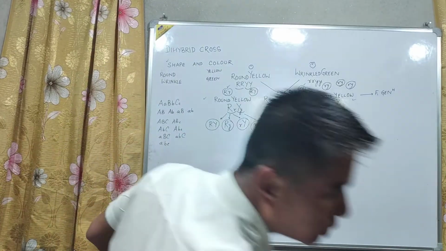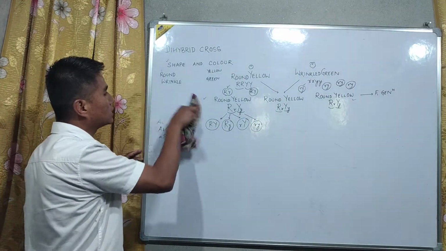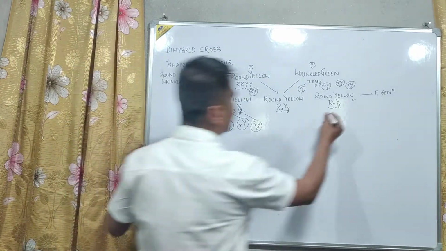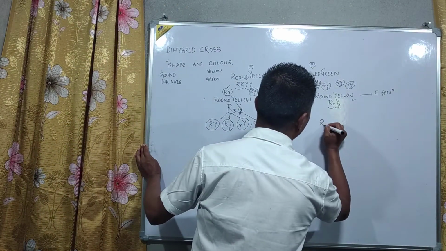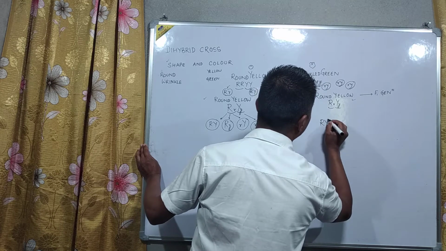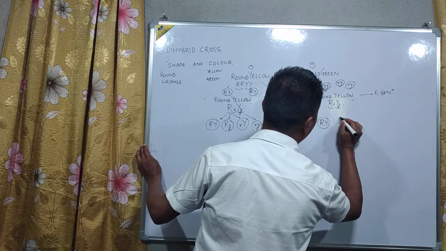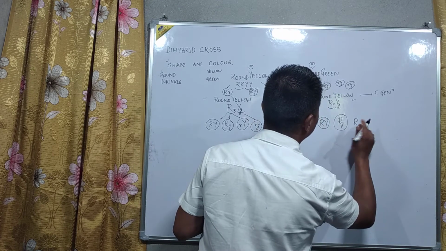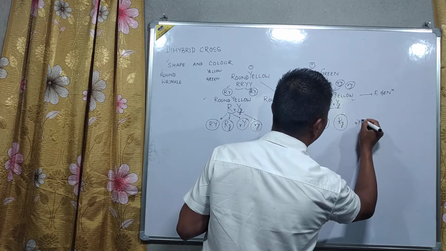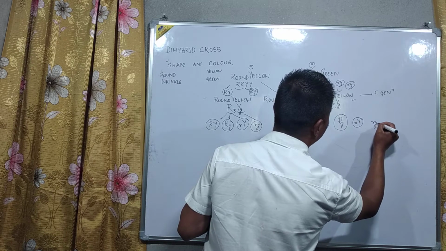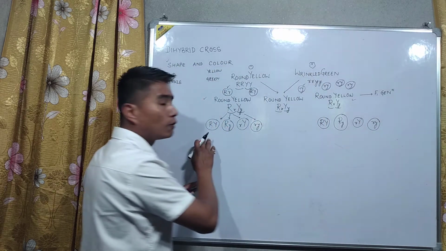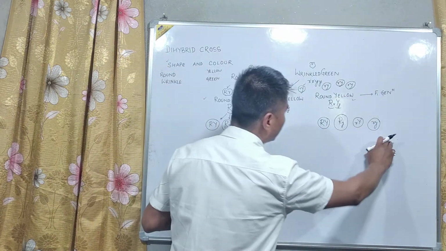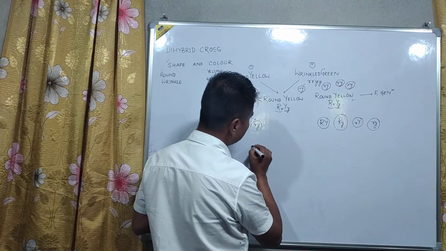So dear students, what is very important is the making of the gametes. Don't forget to make the gametes. And here also suppose this is taken as capital R capital Y, or capital R small y, small r capital Y and small r small y. So these four different types of gametes are formed. No matter how many gametes you make, here also four different types of gametes are formed. Now let us make a checkerboard.